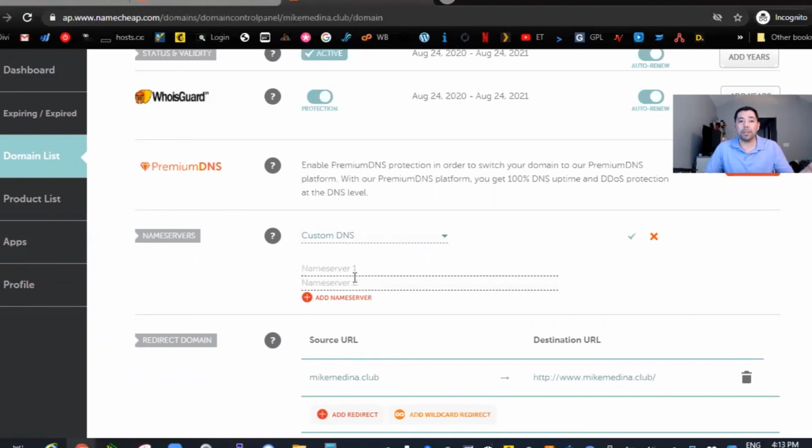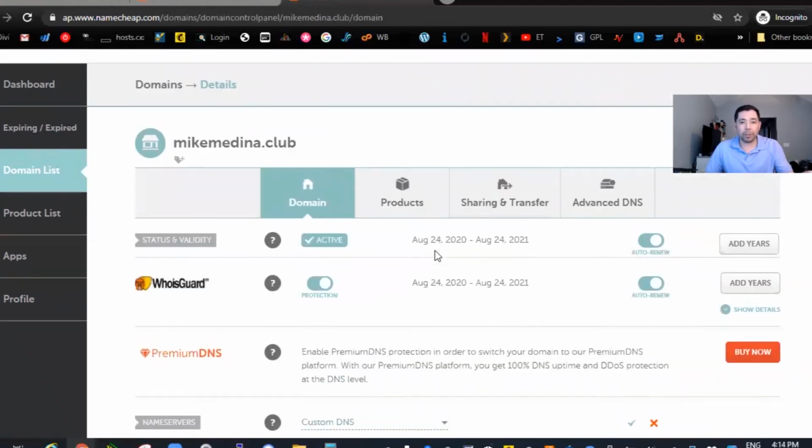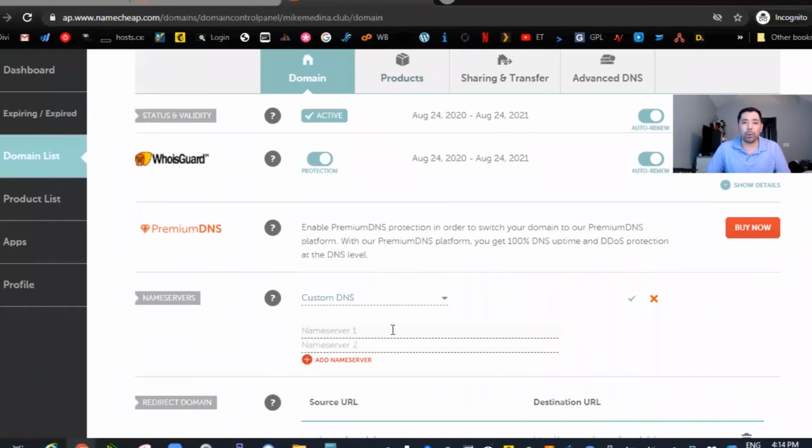And that was what I was explaining earlier. If you hire somebody and they're going to host your website for you on their servers, on their hosting plan, then all you need to do is come here, get those 2 name servers, paste them, and then hit the checkbox so that you don't grant people access to where your domain is registered. There's no reason why they need to be in here. So just a rule of thumb, this is the only thing you really need to change as far as getting the domain pointed. And all this is doing is saying,